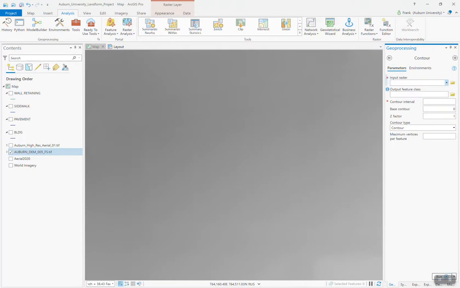And then input raster right here. What you want to do is bring in this DEM file right here. The easiest way is you can just drag it in, or you can click on this drop down arrow and then click on Auburn DEM 5. And it's going to output the contour to your default geodatabase. I just leave this as is. I don't touch that. In contour interval, you want to set that to be 1 for 1 foot contour. And then Z factor right here, you want to set this to be